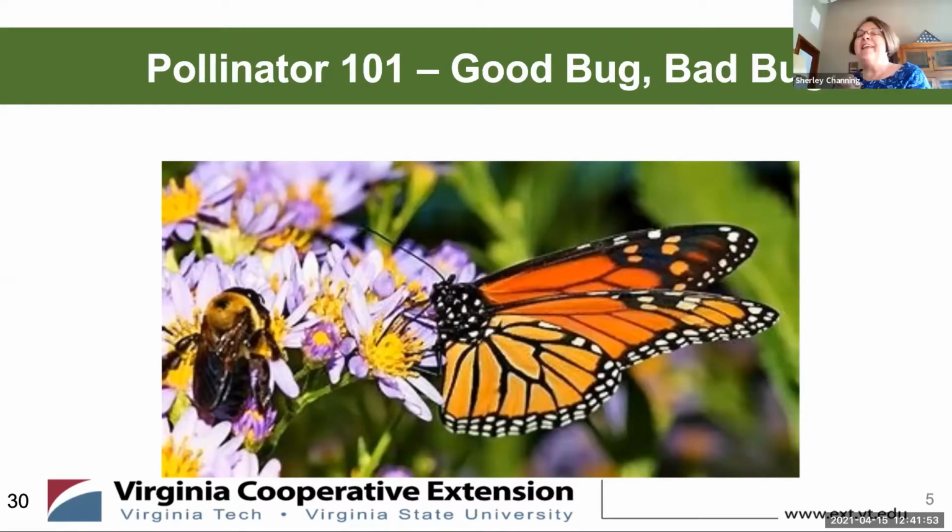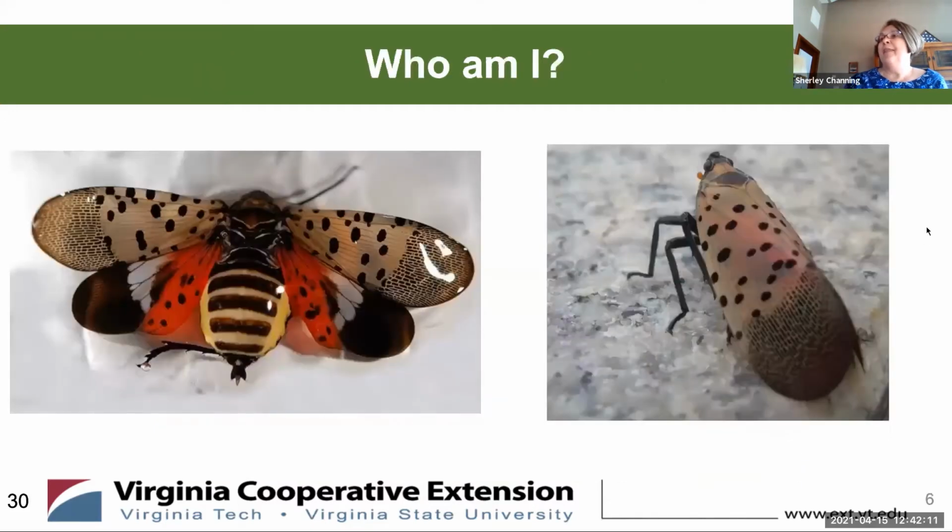Good. They look exactly like a bumblebee is supposed to look, like the one in this picture. And I think they're pretty amazing. A lot of our presentation today is going to be on good bugs, but I want you to think about a bad bug. Now look at this picture, and if you know what this is, I want you to put